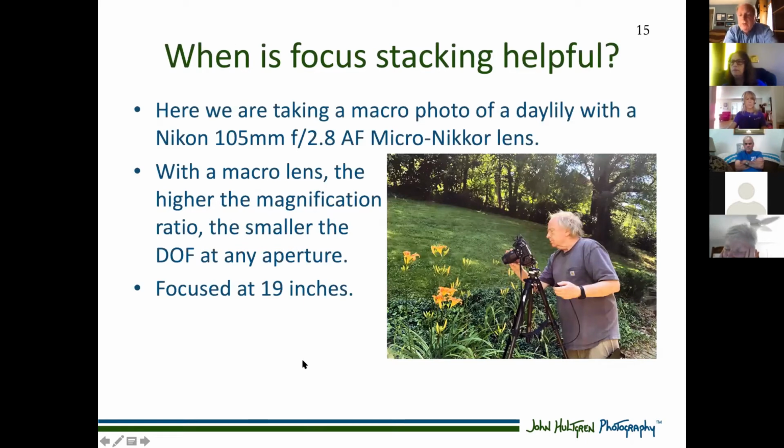So I'm going to walk you through an example here of focus stacking. Here I am in my backyard a little bit earlier in the summer when the daylilies were blooming. And I wanted to take macro photos of a daylily with my micro lens. I have a Nikon 105 millimeter Micro Nikkor lens. So with this lens on my tripod,